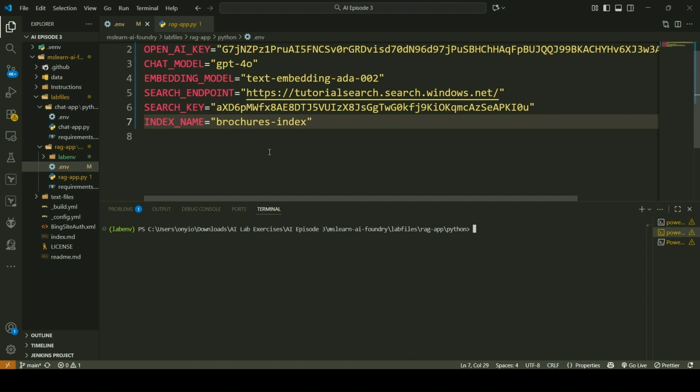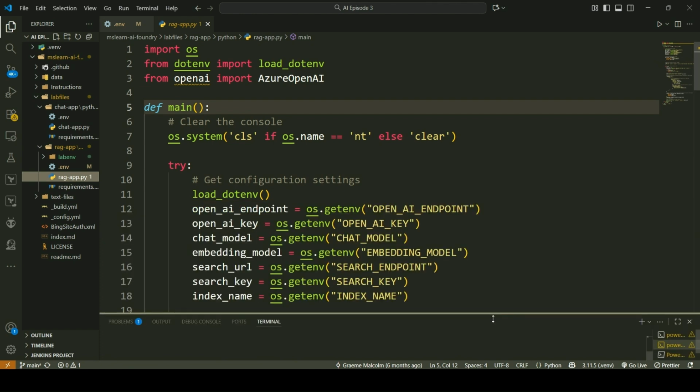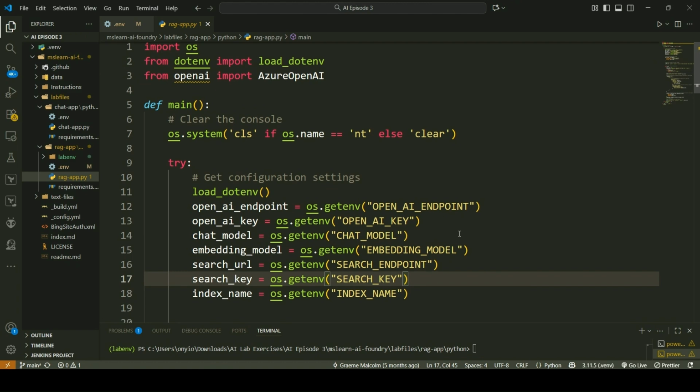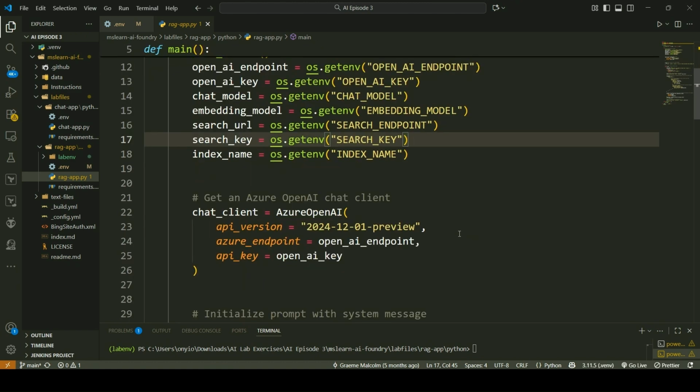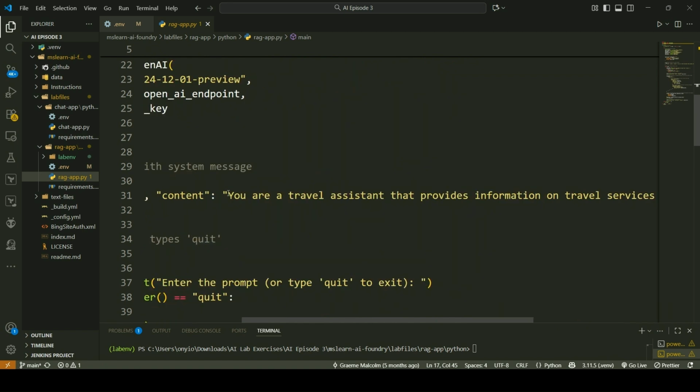So now that we've saved, we are almost at the part where we'll actually test our chat application. So let's go to this rag-app.py file. What the script in this file basically does is it creates an Azure OpenAI client using the endpoint, key and chat model. It also creates a suitable system message for the Happy Cloud Solutions business. So let's actually go here. For Microsoft Learning, they had created this for a travel assistant. But I'm just going to update this and say,